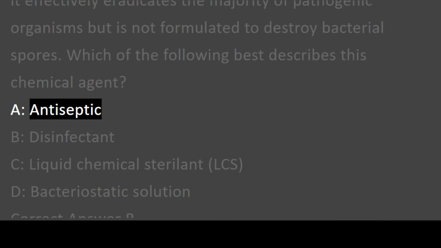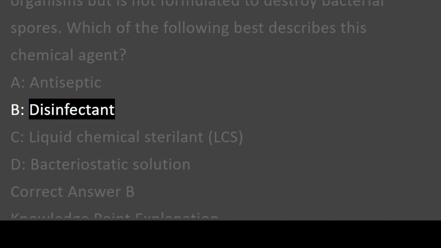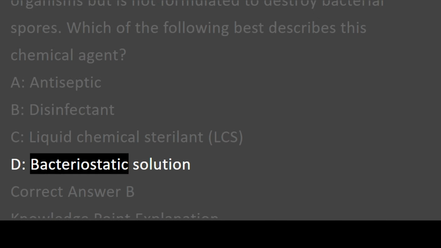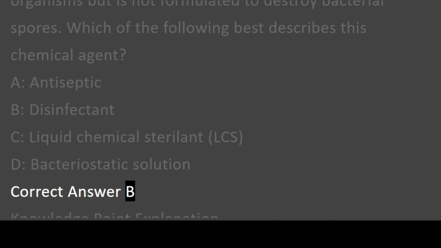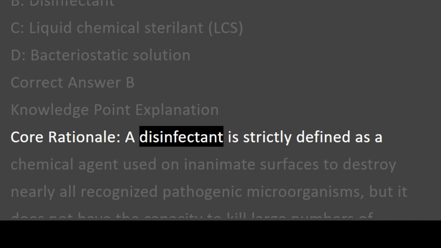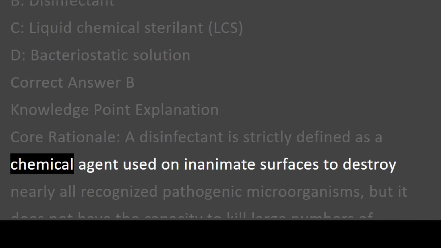A. Antiseptic. B. Disinfectant. C. Liquid chemical sterilant, LCS. D. Bacteriostatic solution. Correct answer B. Knowledge point explanation. Core rationale: a disinfectant is strictly defined as a chemical agent used on inanimate surfaces to destroy